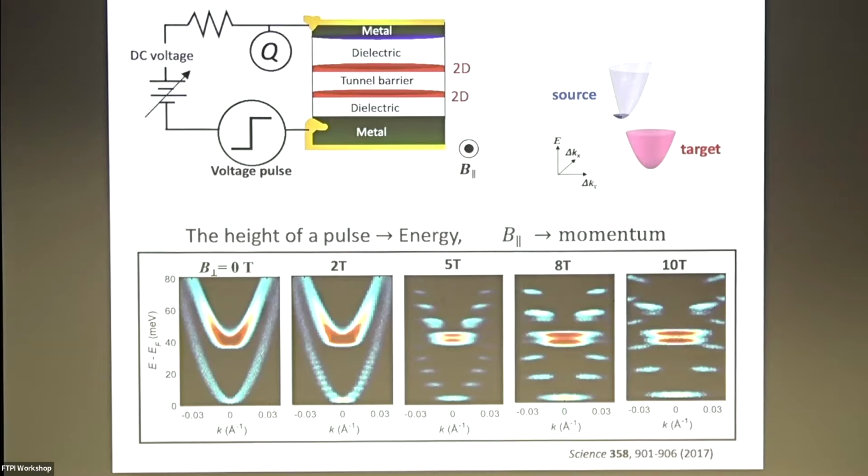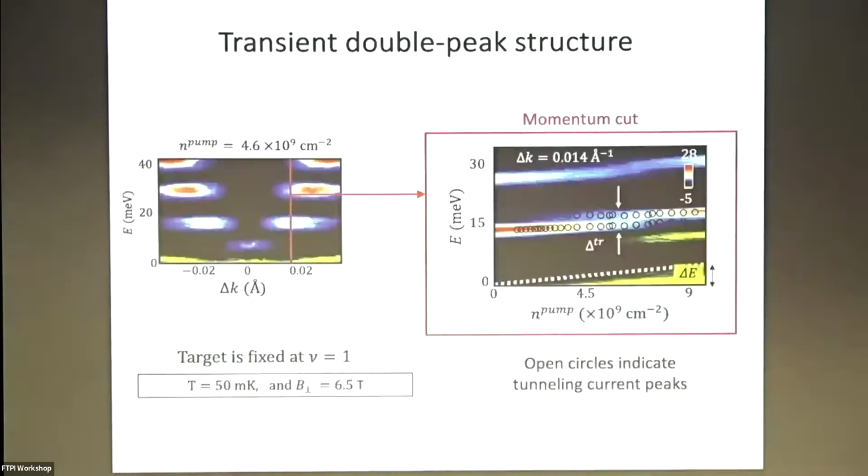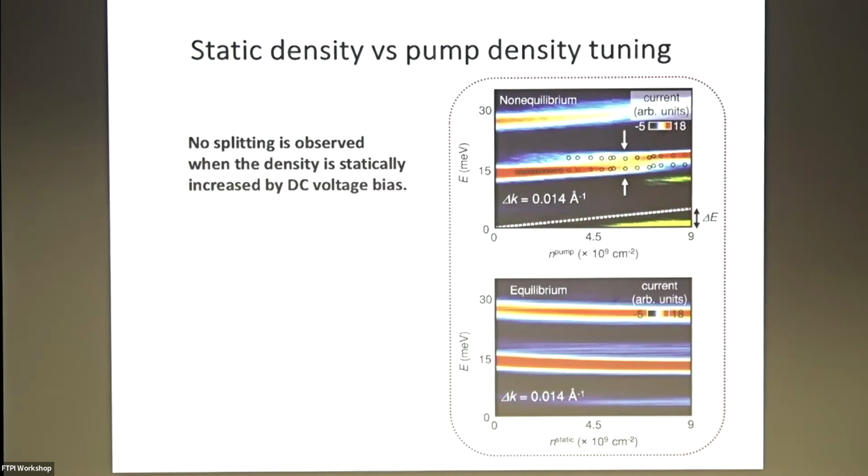So the picture that I have, my sort of very brain dead sum rule, is that what we're doing is filling space with this nu equals 1 plus state. This is sort of this magic density, about 10 to the 10 per square centimeter, where on average the electrons that have dropped into the n equals 1 Landau level with the wrong spin are about 100 nanometers apart. And somehow this is where the crossover happens.